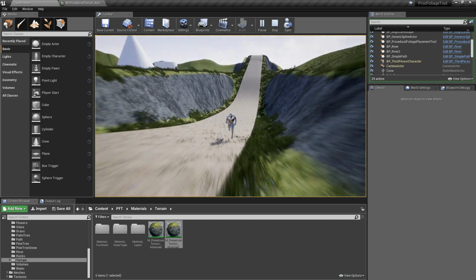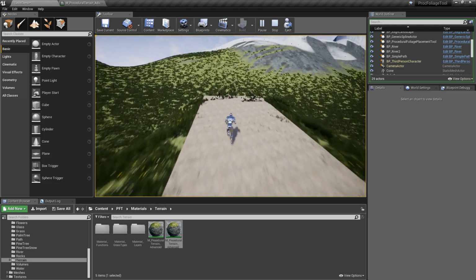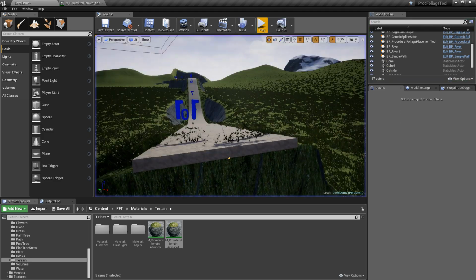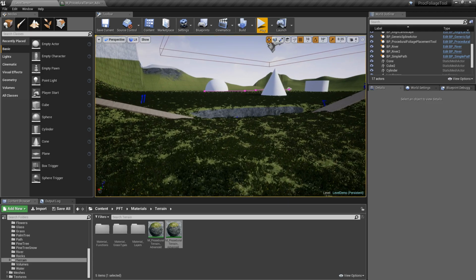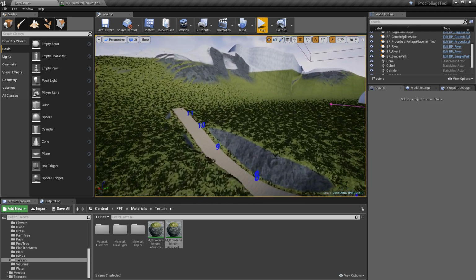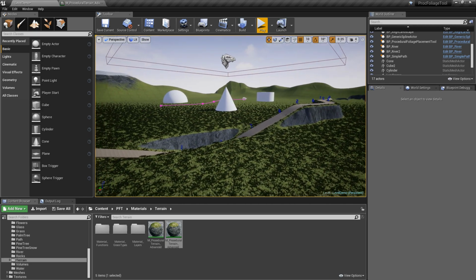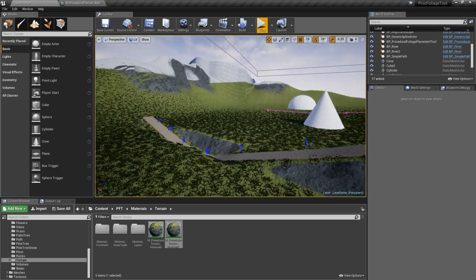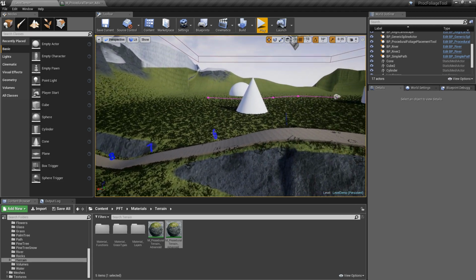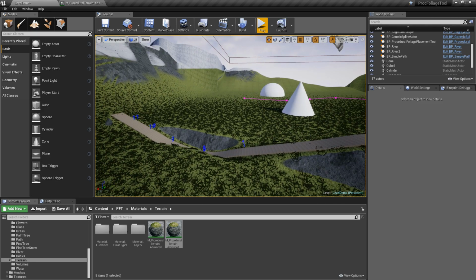As simple as that. So this is a super simple tool, but pretty useful. Obviously, the carving only works on the landscape actor. That's just part of the way Unreal Engine works, so it won't work on a regular static mesh. But if you're using a landscape, which if you're buying this project, most likely you probably are, this is a nice way of making sure that you can create a path exactly where you want it, and it'll just carve